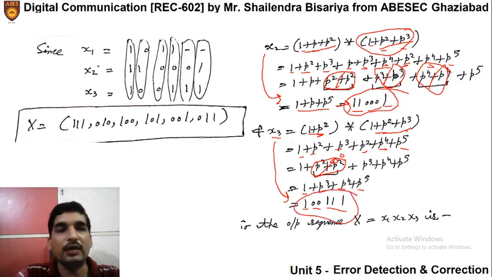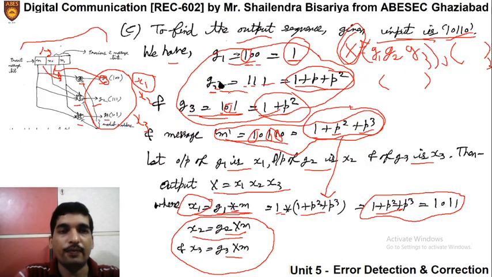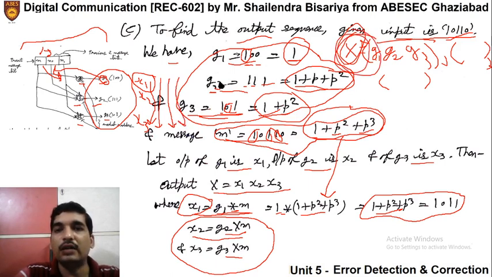So the code vectors are written here again. This is the code vector for x1, this is the code vector of x2, and this is the code vector of x3. Now here we know that simultaneously they will appear: one bit of x1, one bit of x2, and one bit of x3. Right? Then second bit of x1, second bit of x2, second bit of x3. Then third bit of x1, third bit of x2, third bit of x3, and so on. In this manner, it will proceed to give us the code x.